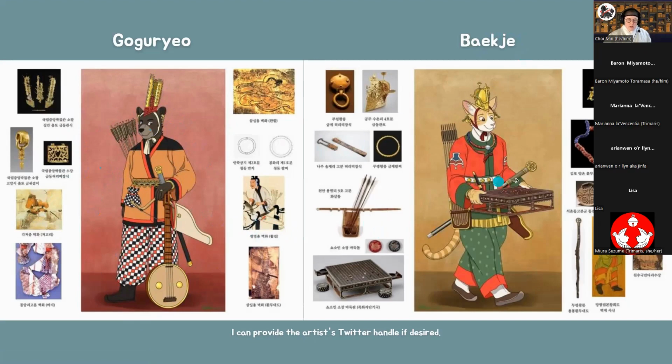We have pictures of these instruments and the arrow casings. Same for Baekje. Here he's gone for that center-tied look from that mandala. And then we have all the beads, very many beads, and more belts with all the loopies. This one is on a white leather belt with gold, what are they called? Plaques? I can't remember. And we have a different kind of arrow casing here, different from Goguryeo, which is using this Han Dynasty style casing.